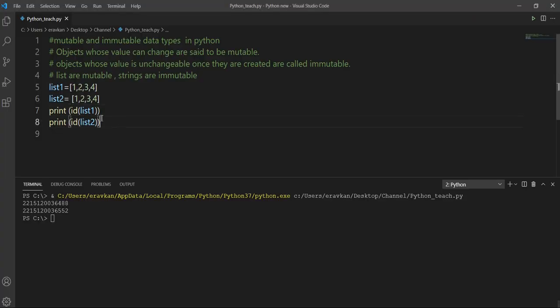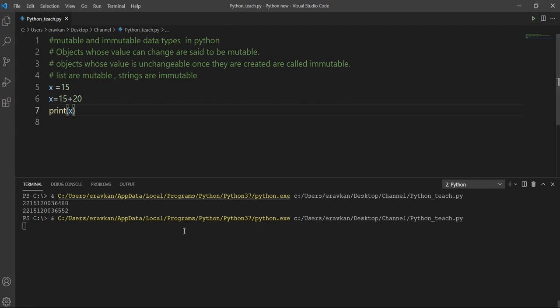Now let's take the example of integer, which is confusing. Suppose I take x equal to 15, then x equal to 15 plus 20, and I print x now. If I go by definition, objects whose value can be changed are mutable, but integers are immutable.